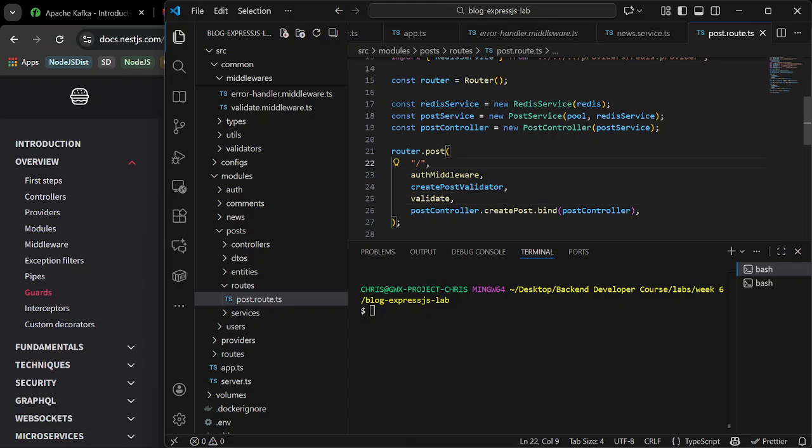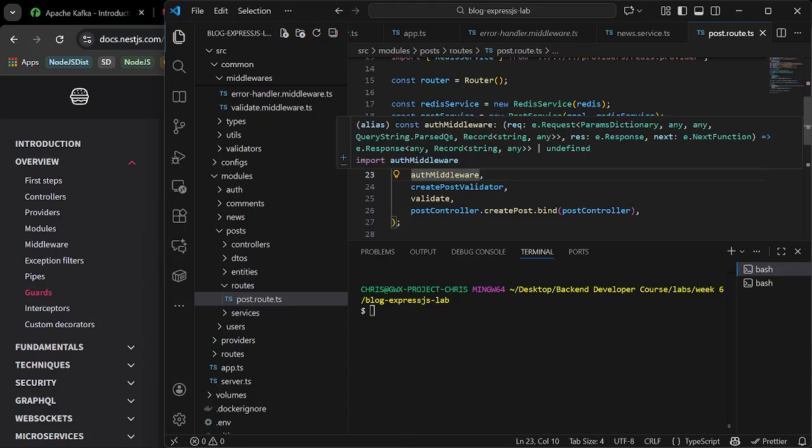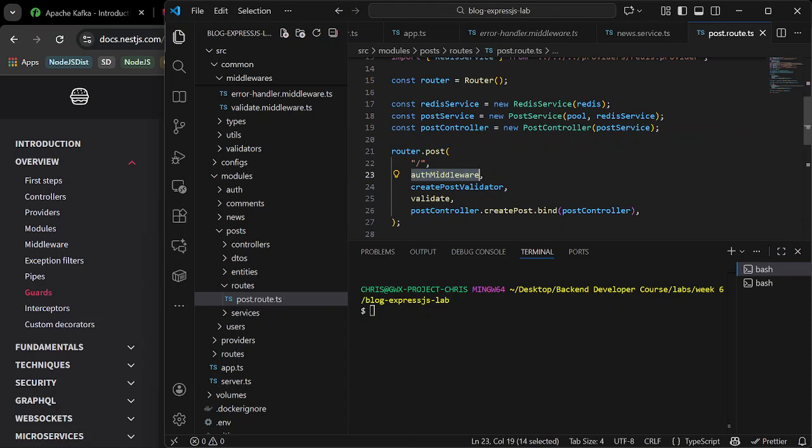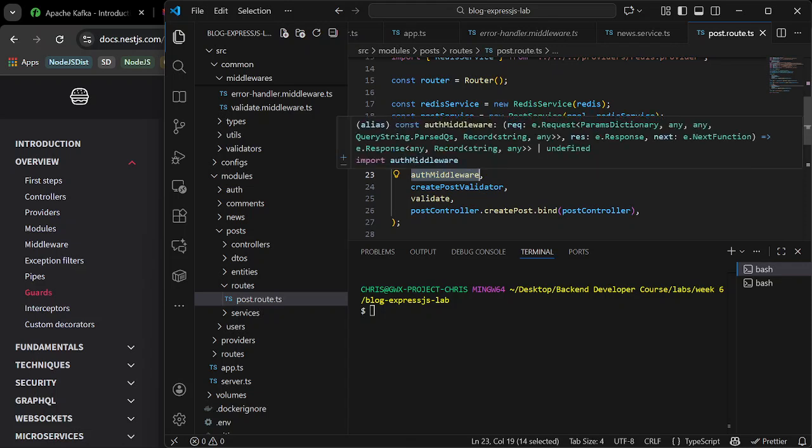It means that whoever is calling it has to send us some token, some validation with it. If I remove this auth middleware here, it means that this endpoint will be public, exposed, and anybody can call it, right? But if you put the auth middleware on this endpoint, it means it's now guarded, it's now protected, right?